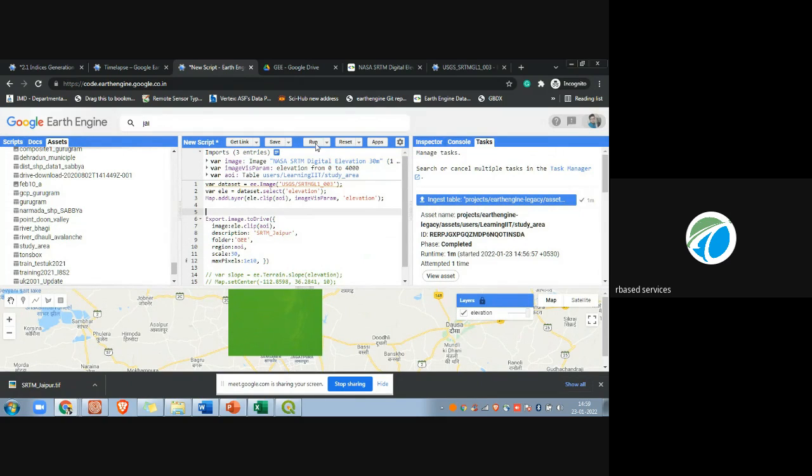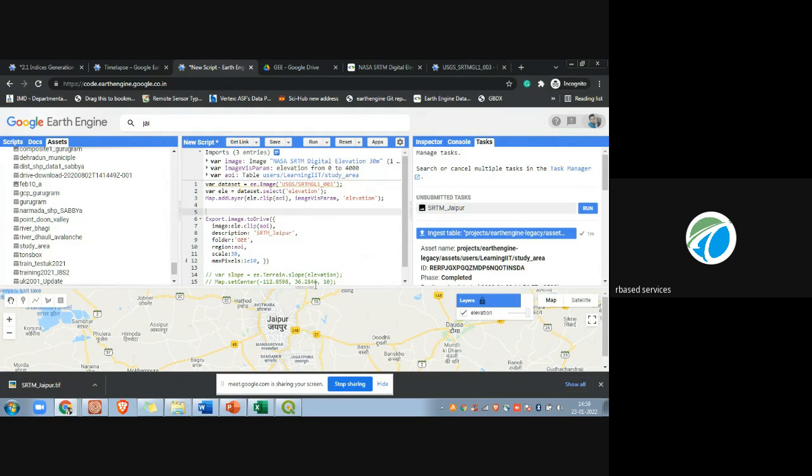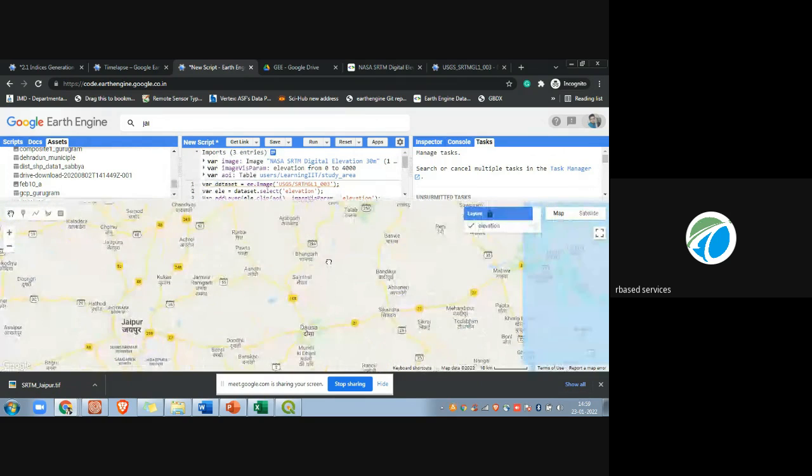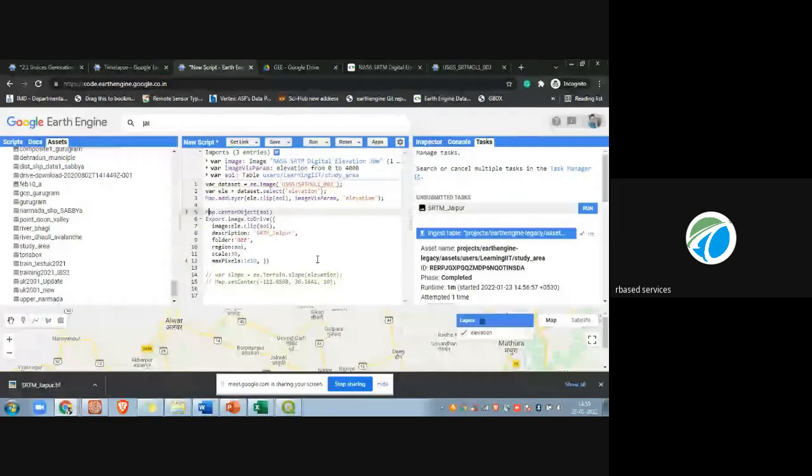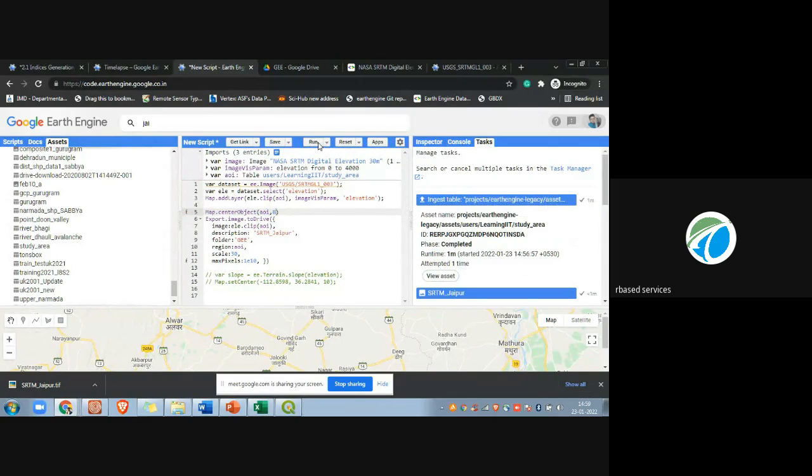After running this code, it will go to my area of interest. Before that, I can also set my center. I will type Map.centerObject and then my AOI. This line will take this whole user interface, this bottom window, to my AOI. Just by typing a comma, I can even give some zoom level, at what level it should zoom. Just by clicking on run, you will see